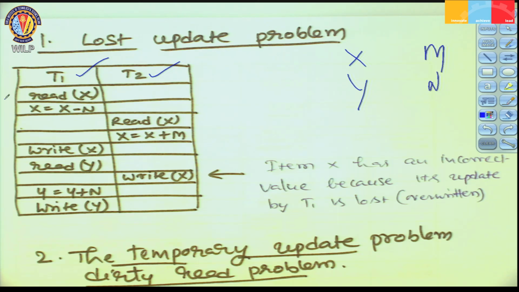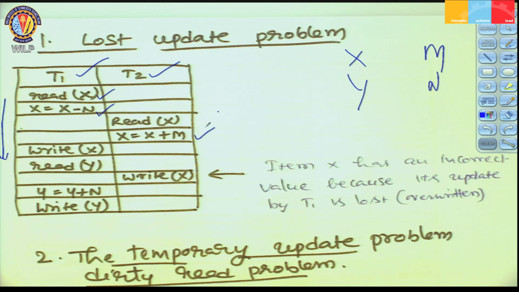T1, what it does, this is the timeline. It is a concurrent schedule, because the instructions from T1 and T2 are being executed in an interleaved fashion. T1 is reading the data item X, then it is modifying the data item X equals X minus N. Then T2 reads data item X and then it is modifying the data item X equals X